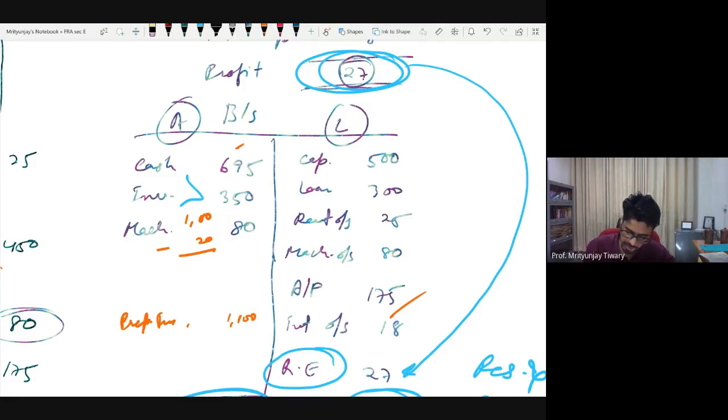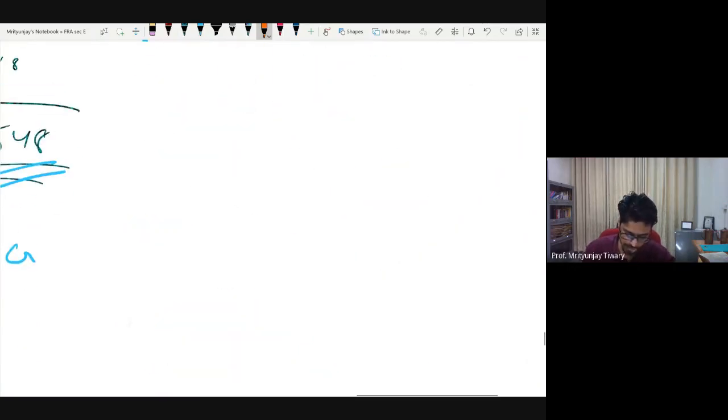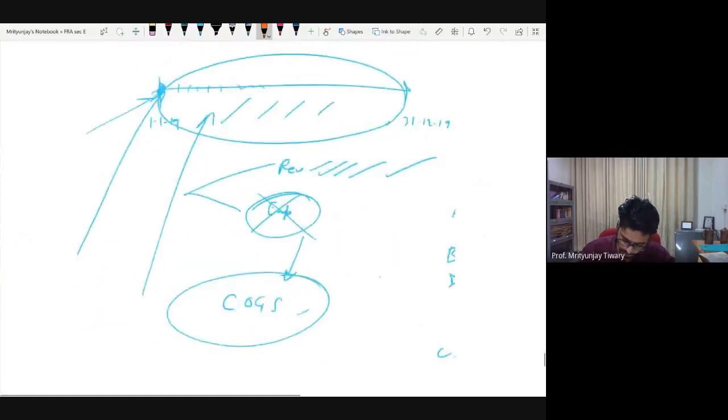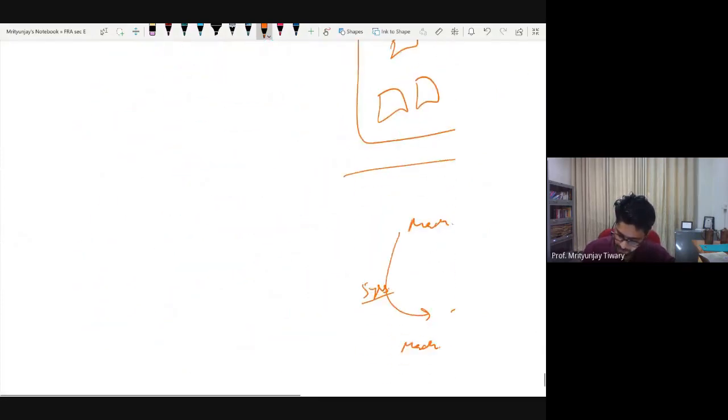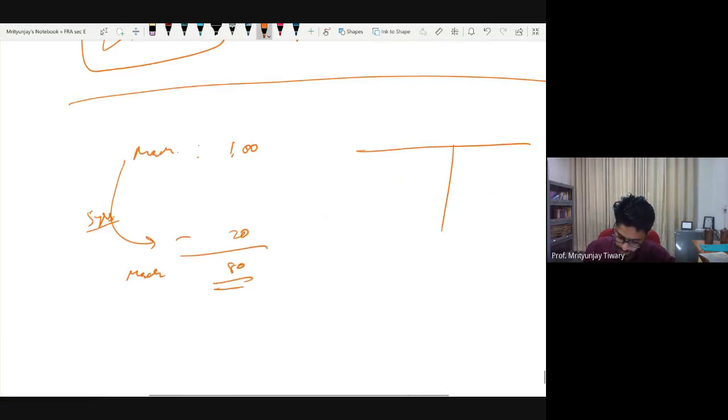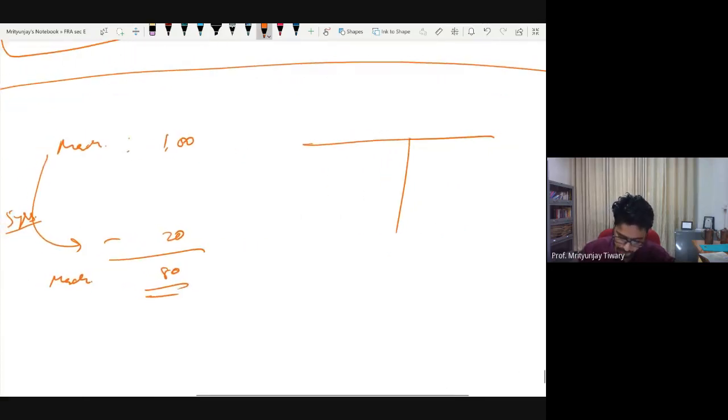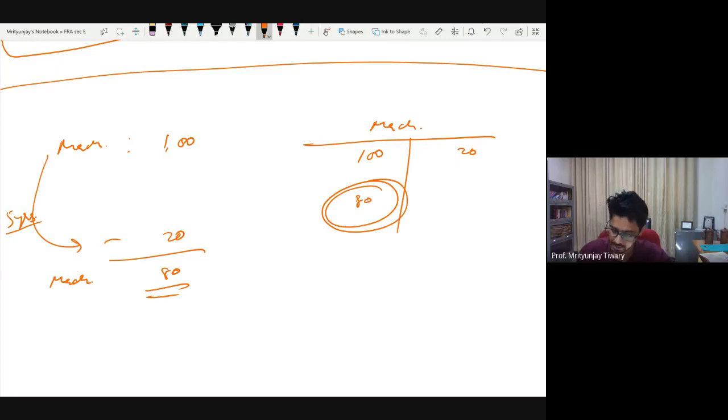So this part would not be visible to the users if only the net figure was given. That is why for long-term assets, there is an alternate strategy to provide information. So far, what was the strategy? Here it is. So far, the strategy was that in a T account of machinery, we would have written 1 crore in the debit side and 20 lakh in the credit side. That's how the closing balance was coming, 80 lakhs. And this 80 was appearing in my balance sheet.